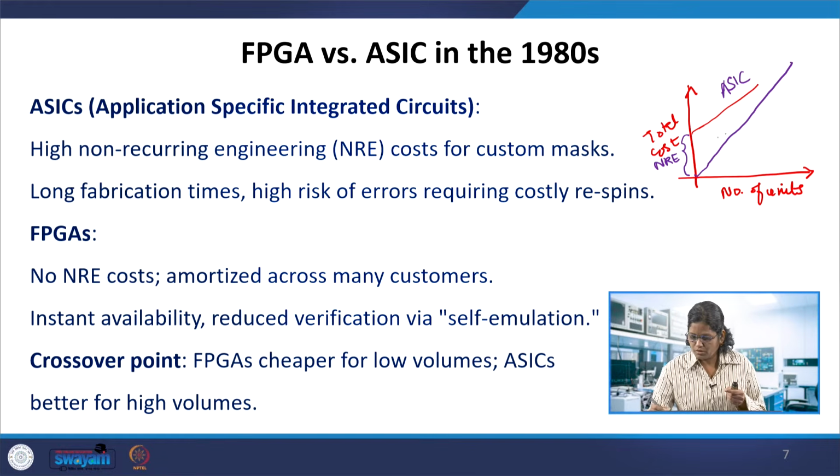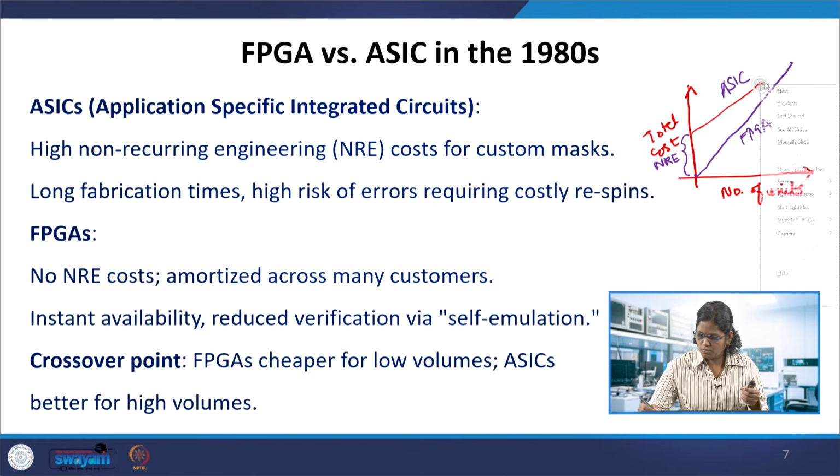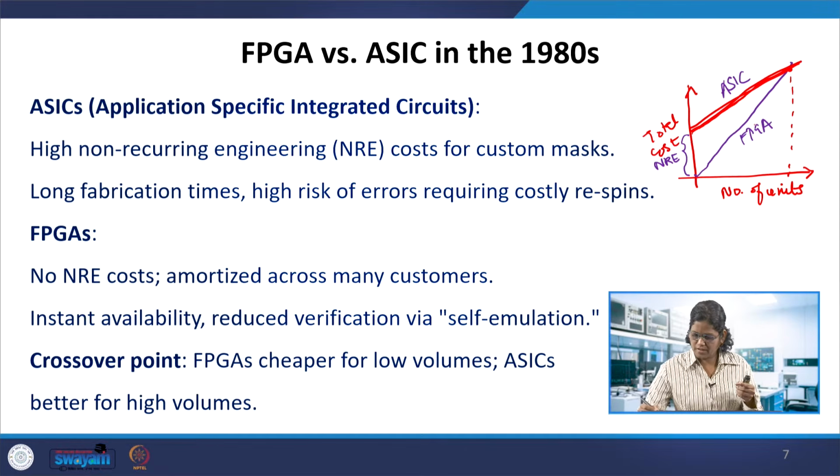This is the FPGA, and the slope of this curve is a little flat, and this is the curve of the ASIC. Comparing to the slope of the ASIC, the FPGA had a higher slope, and both of them match at a particular point,